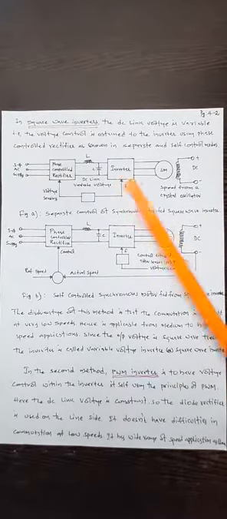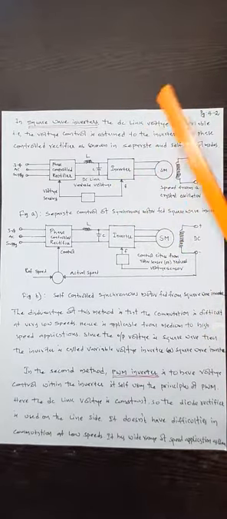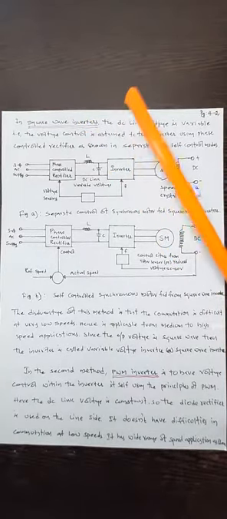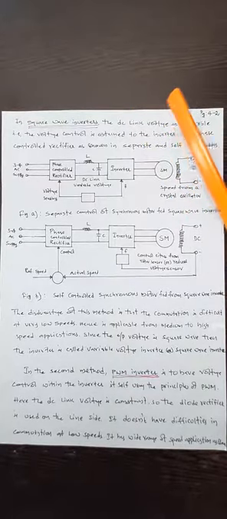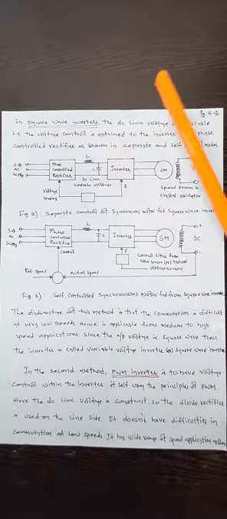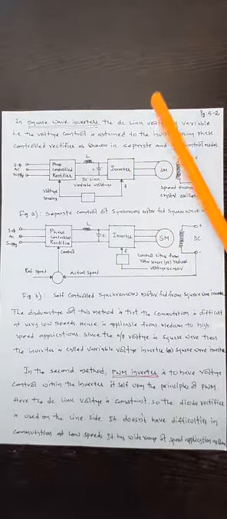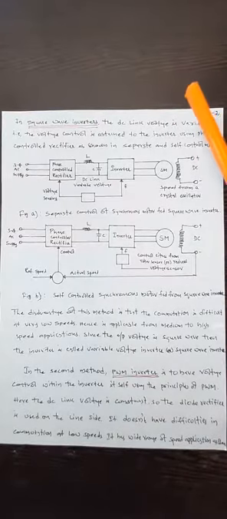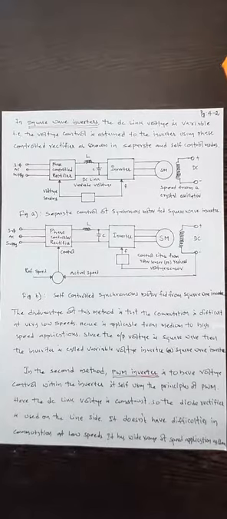In square wave inverters, there is no possibility of varying the voltage in the inverter itself. So how to vary the voltage is a question. With the help of this inverter, we can easily change the frequency, but not the voltage. At that time, the DC link voltage can be varied with the help of a phase controlled rectifier. With a thyristor bridge rectifier, we can vary the voltage.